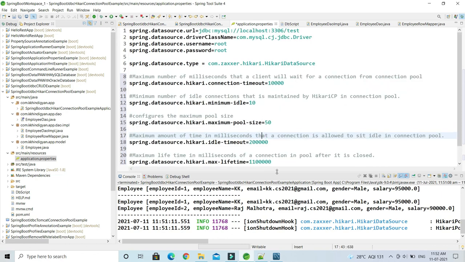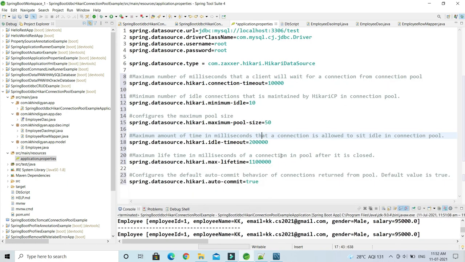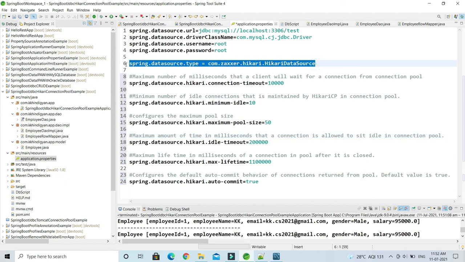So guys, I hope you understood how we can configure the Hikari connection pool in case of Spring Boot 2, right? There is some difference if you are working with Spring Boot 1: configuring these highlighted things is mandatory. But if you are using Spring Boot 2, then this is optional, right? And if you are working with Spring Boot 1, then the Tomcat pool is the default one, but in case of Spring Boot 2, Hikari is the default one, right?